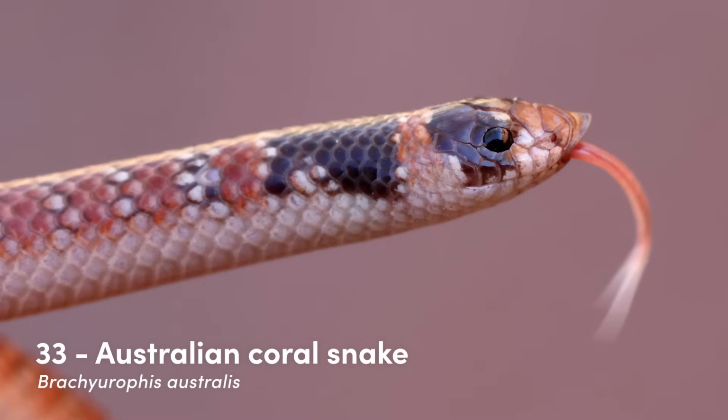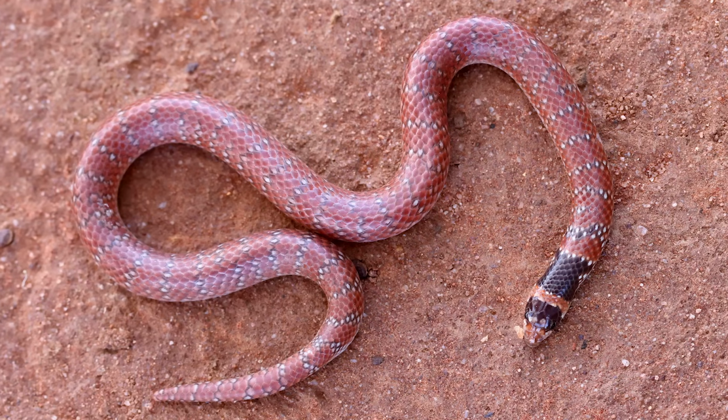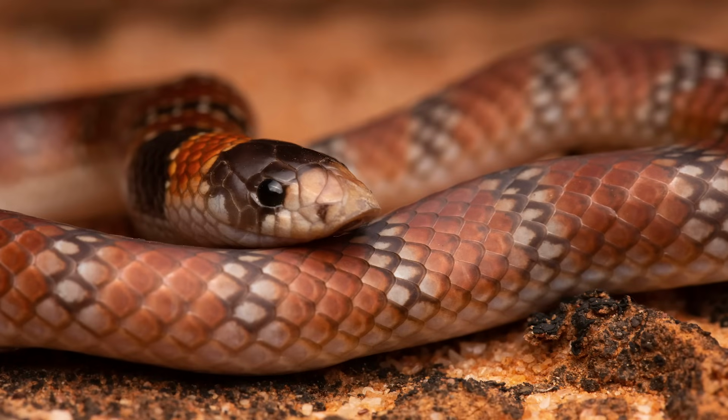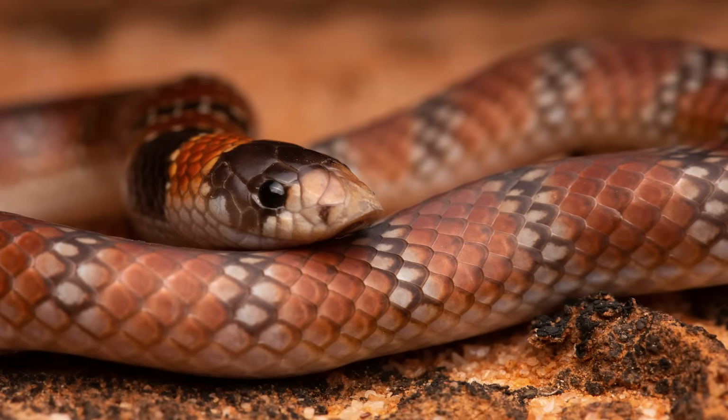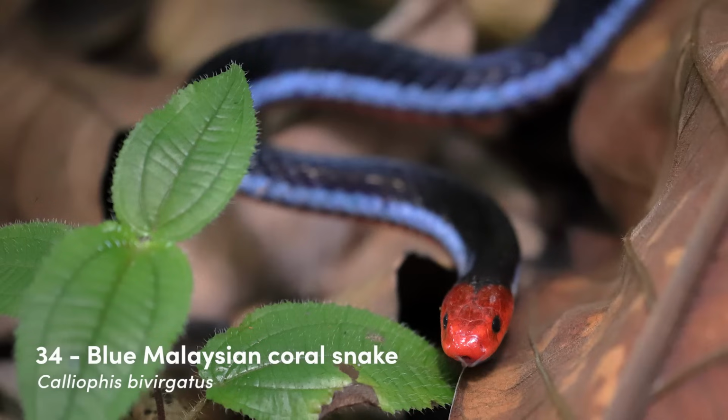The Australian coral snake is different to the eastern coral snake in almost every way. Although they are still venomous, they are tiny, usually reaching about 38 centimeters or 15 inches, and, being a burrowing snake, live mostly underground. The blue Malaysian coral snake is part of the Oriental coral snake genus and is one